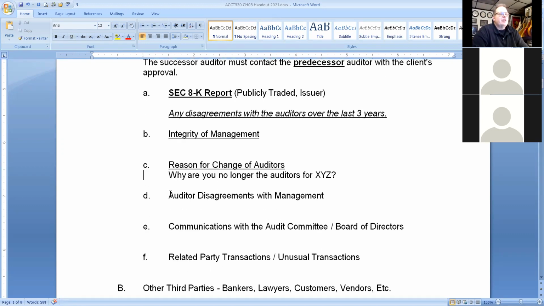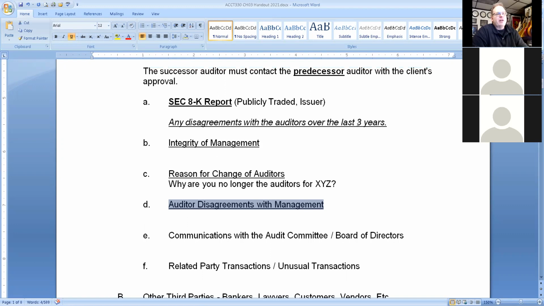Auditor disagreements with management. This could be in the 8K report goes back 3 years, but this could be going back 10 years if you wanted. Ask them what the disagreements were with management. And if it's not publicly traded, there is no 8K. So if this company is private, there is no 8K filed because the SEC has no jurisdiction over them. So disagreements with auditors could be for